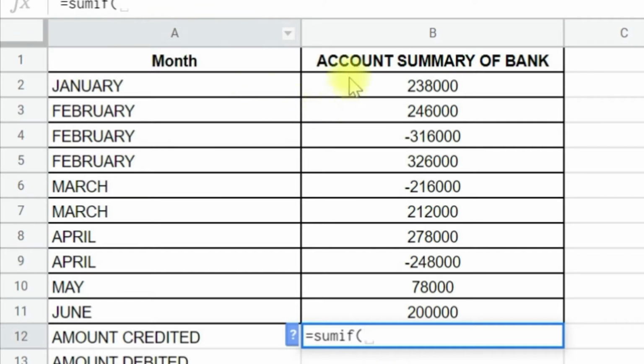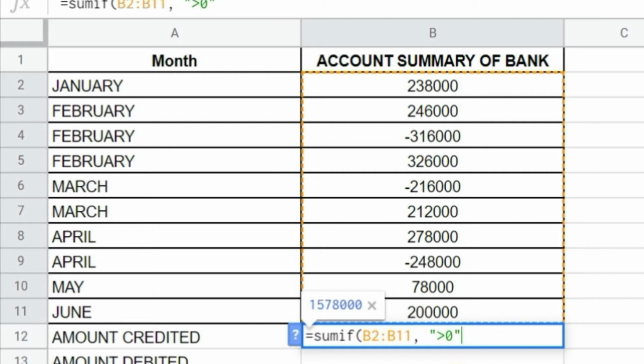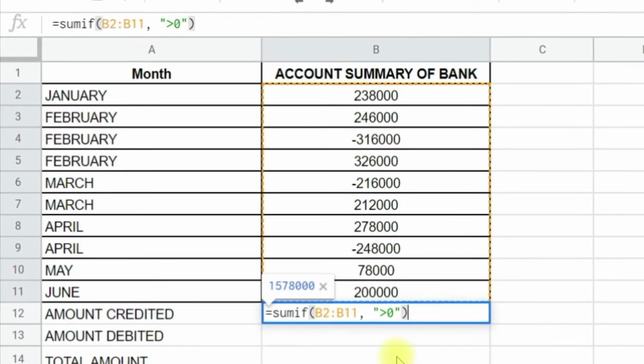Then we apply a comma, then we will open the quotation marks and put greater than 0 to add the positive values. So here I am going to add the condition greater than 0. After applying greater than 0, first we'll close the quotation marks, then the parenthesis.